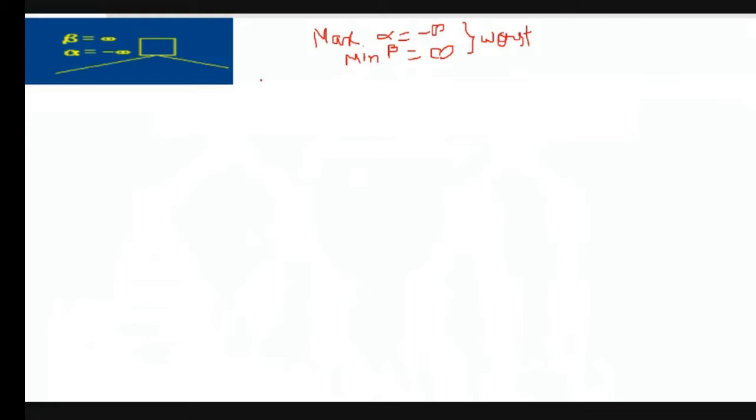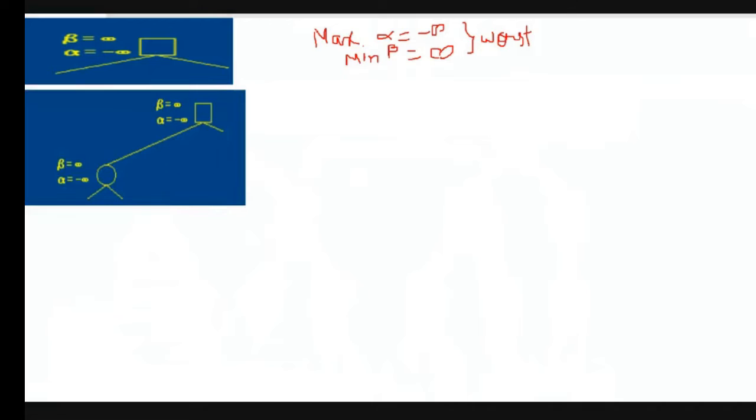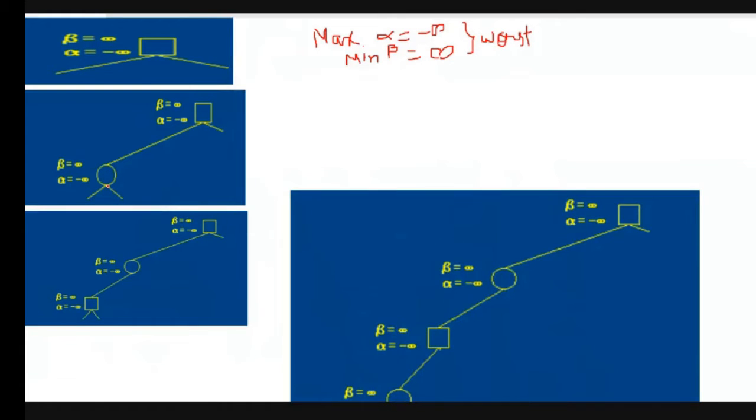So we are moving on. We will assign this to the maxima node. As you know from the last video, the first player is the maxima, and the second player is the minima. So for every node we will percolate these two parameters down to the next node. I have introduced the same values to the next node, and the next, until we come to the last node. This is a four layered tree. In the leaf nodes we have nothing, only the values. This is the way we have percolated the values of alpha and beta downwards.